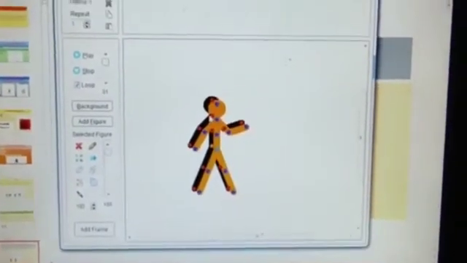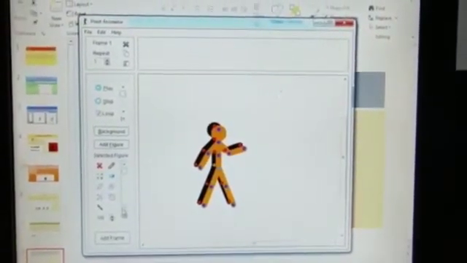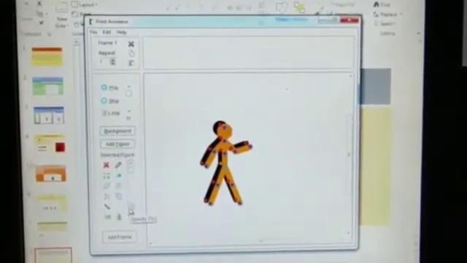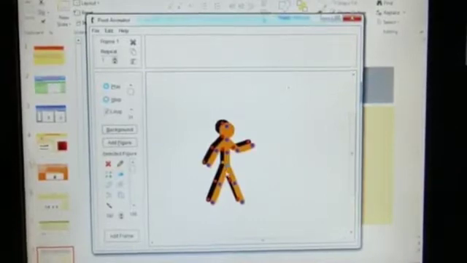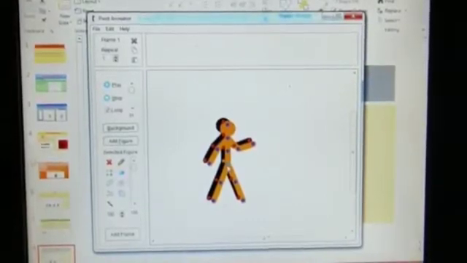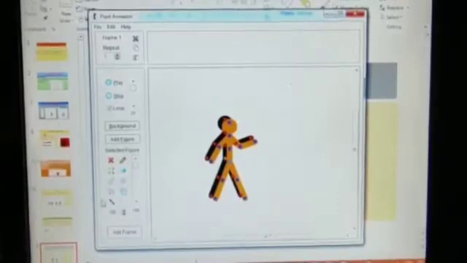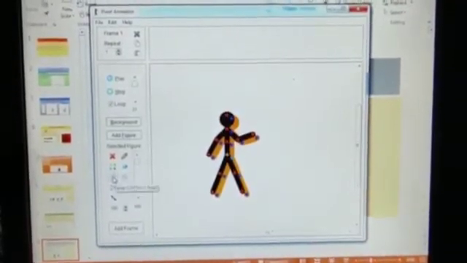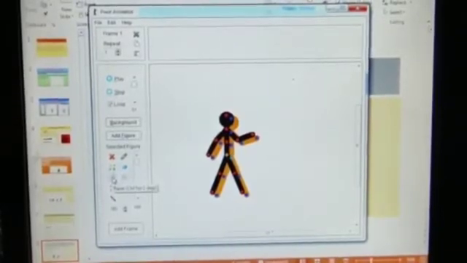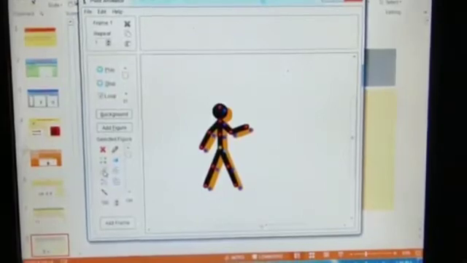Now children, here you can see two figures, two pivot stick figures. Now by using the raise option, you can select the figure in front of the other figure. Here you can see this colored figure. Now I want it in front of the other figure. Go to raise. Now you can see children, the colored figure has come to the front by using the raise option.